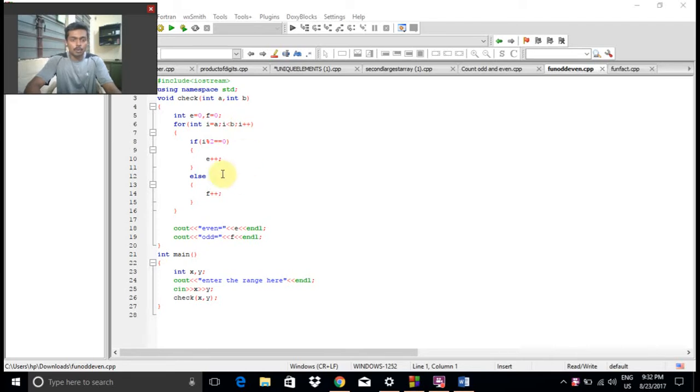Now we use a for loop: for int i equals a, i less than b, i plus plus. Here a and b are the lower and upper limits of the given range respectively. Now we use an if condition to check whether the number is odd or even. If i mod 2 is equal to 0, we increment e, that is e plus plus, because we know that an even number divided by 2 always gives the remainder 0. If it is not 0, that means the number is odd, and f plus plus is